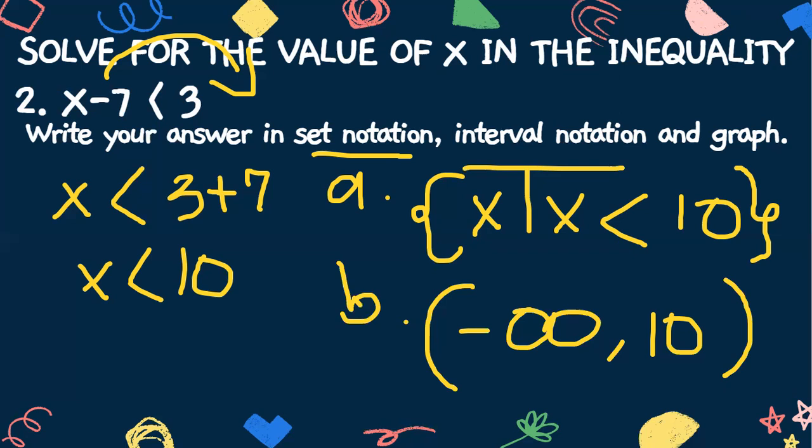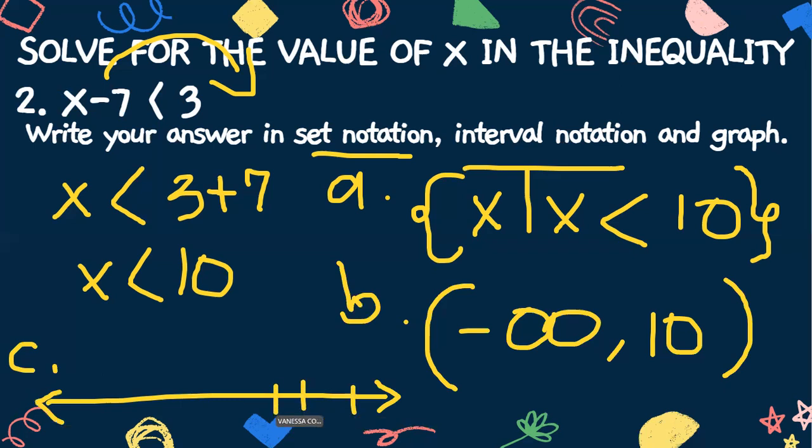Then, in letter C, our graph. Let us first make a number line. That is 10, 9, and let us say 5, 0, negative 5, negative 10. I just shortened it. Okay? So when it is less than, where do we go? Our arrowhead goes to the left. So it means from 10,